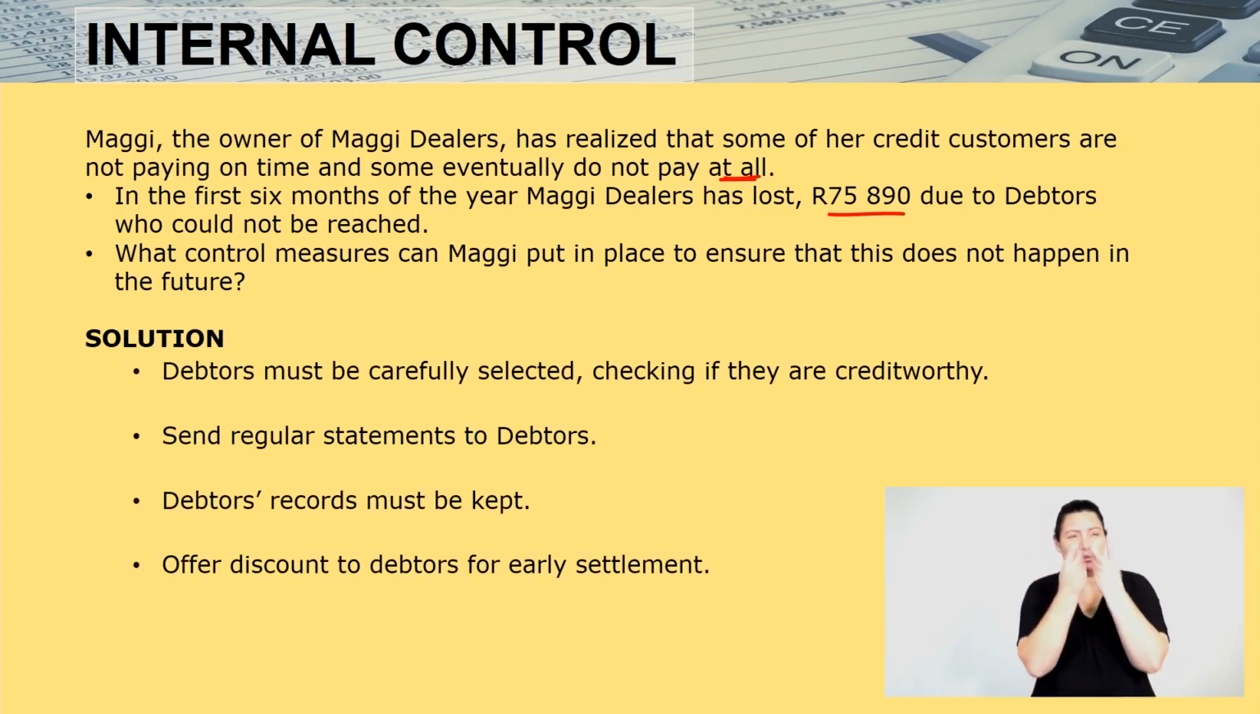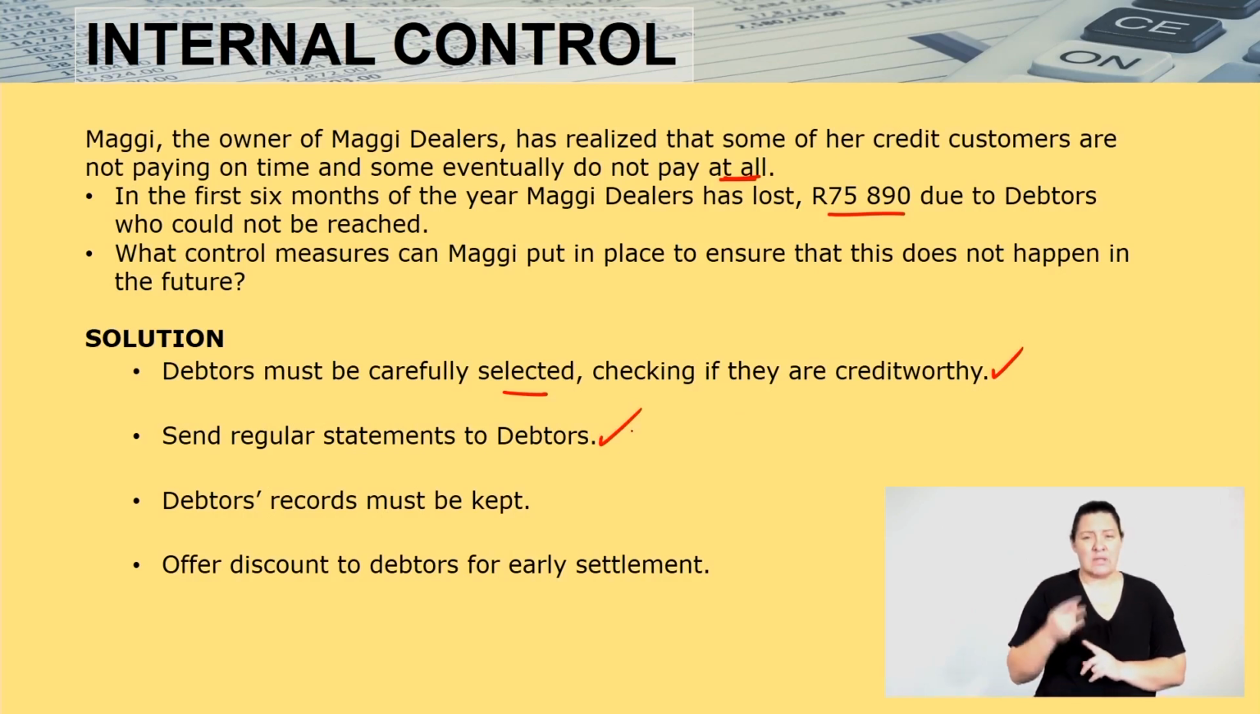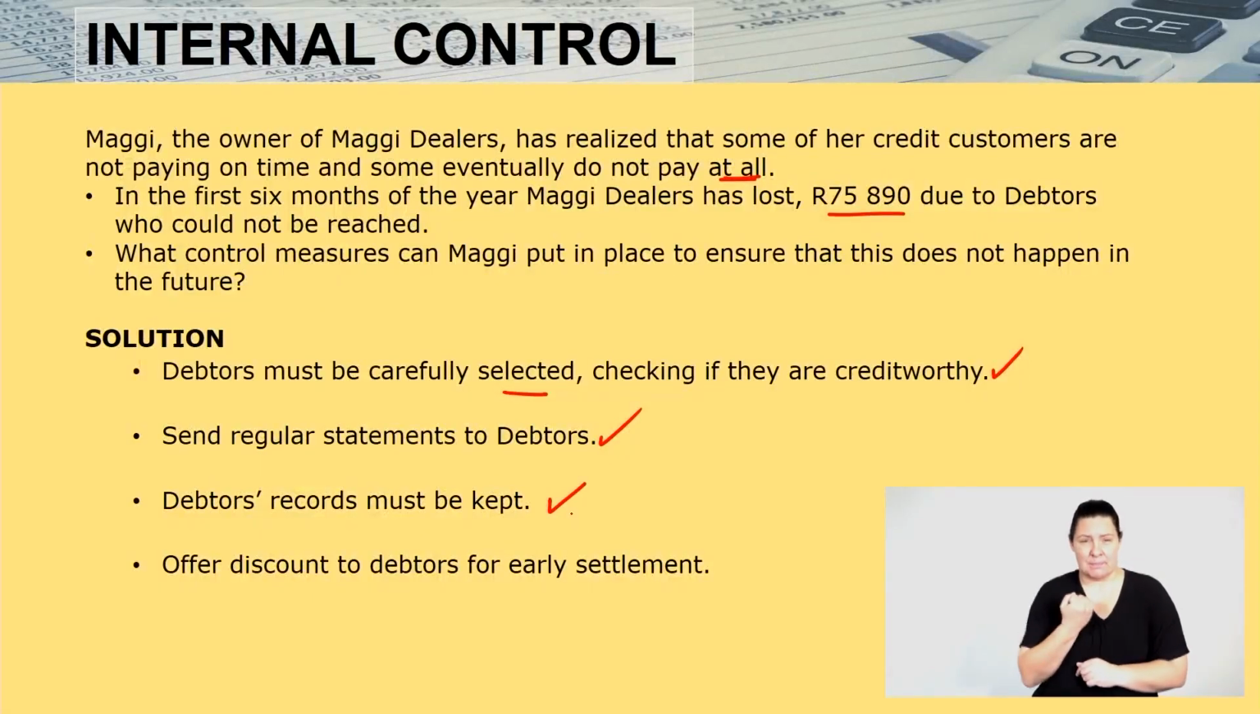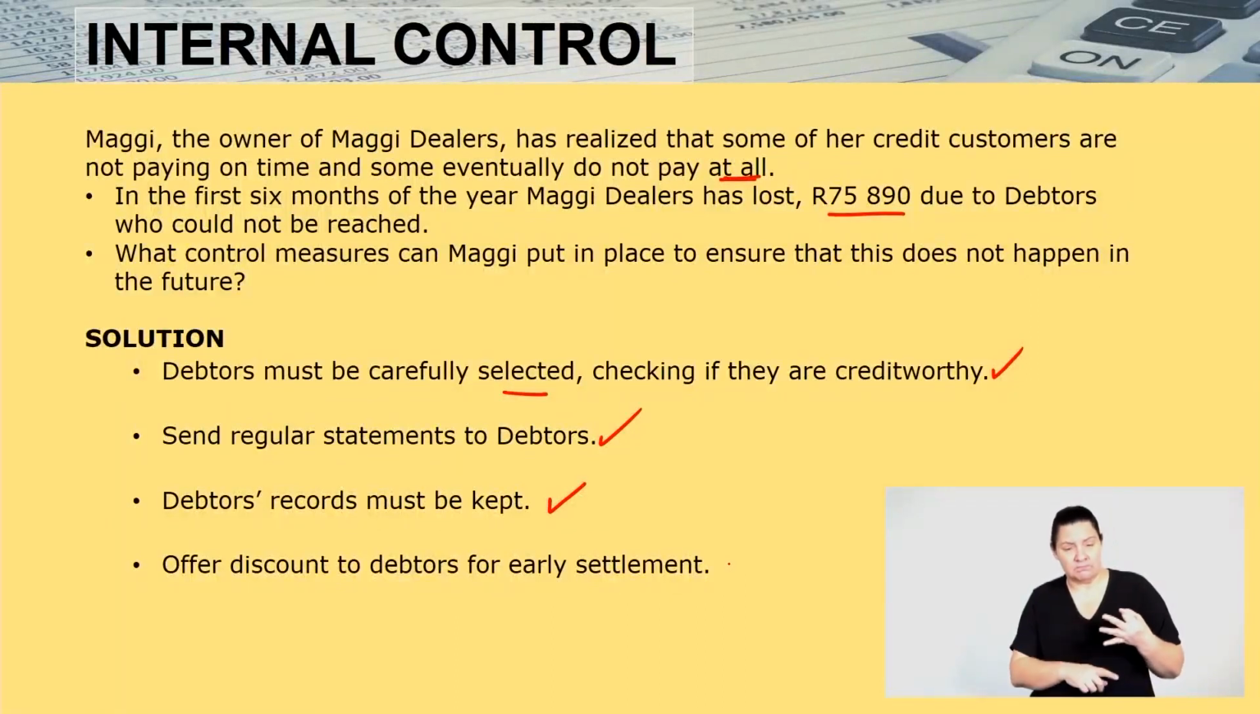Okay, so here is the solution. Number one, debtors must be carefully selected, checking if they are credit worthy. You need to send regular statements to your debtors. That is, you need to keep reminding them of how much they're owing the business. Debtors records must be kept. All right, so we need to know who our debtors are and how much they're owing the business. And then lastly, it is important that we offer discount to debtors for early settlement. That is, if we want our debtors to settle off their accounts much quicker, we can give them a settlement